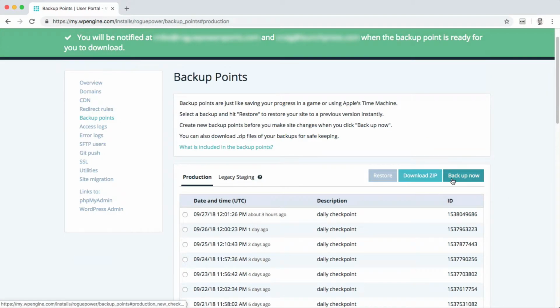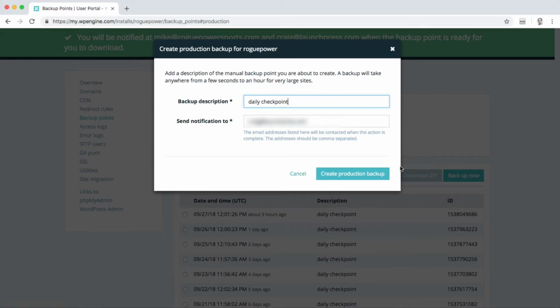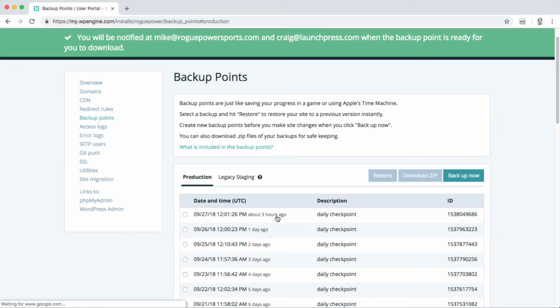You can also back up now anytime you are going to do something, such as update a plugin, give someone access, whatever. Create a quick backup. If you know that within the next 24 hours you may need to restore, you've got that restore point for when you create the backup. Just name it whatever you'd like, create production backup, and then that'll give you a checkpoint to roll back to